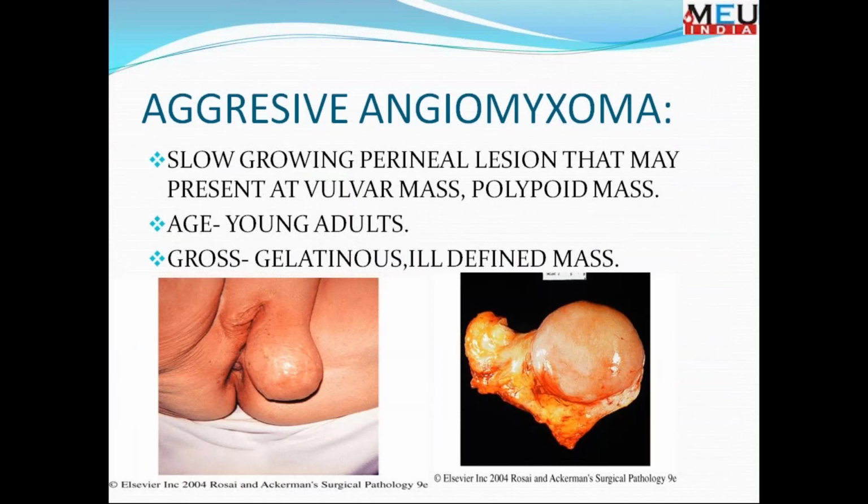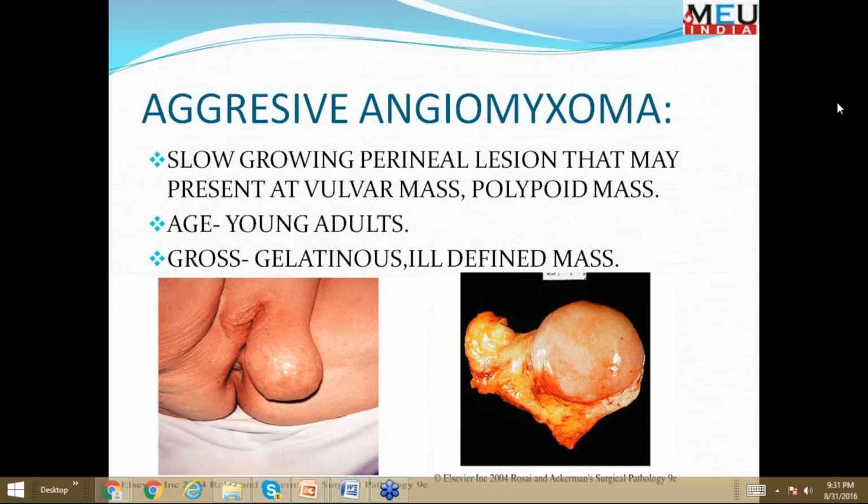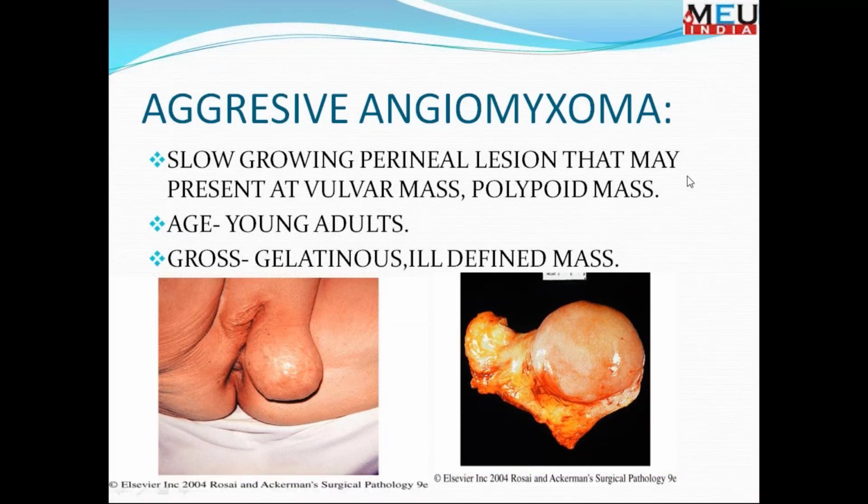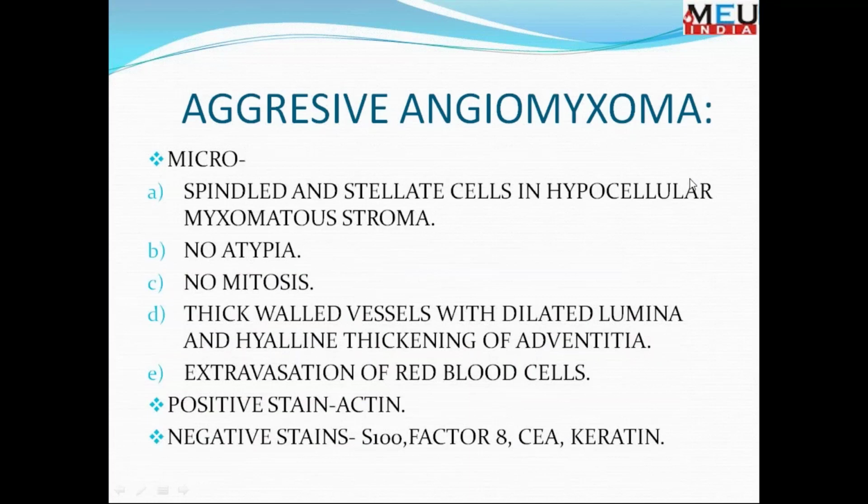The aggressive angiomyxomas are slow-growing perineal lesions that arise from the vulvar mass or polypoid mass. The age is around young adults, and there is a gelatinous, ill-defined mass. The aggressive angiomyxoma